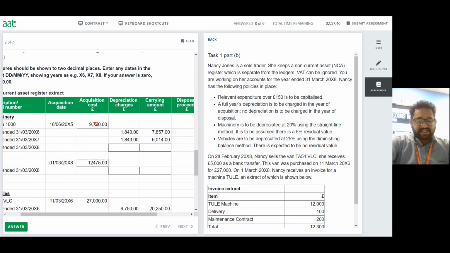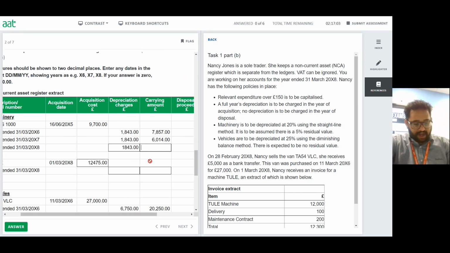For example, here, 9,700 pounds. What is the 5% of it? 5% of that is going to be 485 pounds. So if you take that away, we have 9,215 pounds multiplied by 20%, I am getting 1,843 pounds as a yearly depreciation. Since it's a straight line depreciation, the value for each year doesn't change. So I'm going to fill that in here straight away and then find out how much I have left over